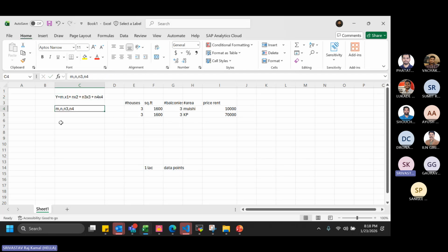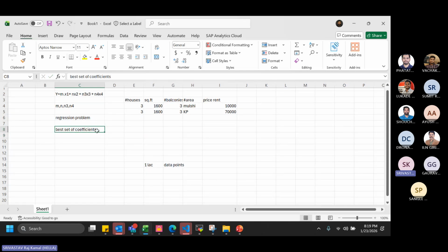This area specifically comes under regression algorithms, the regression problem, where, looking at this data, the model will try to find the best set of coefficients. x1 and x2 are the variables; m, n and 3 are known as coefficients, and these are simple mathematical terminologies. We will find the best set of coefficients which makes our predictions, known as y hat, closest.